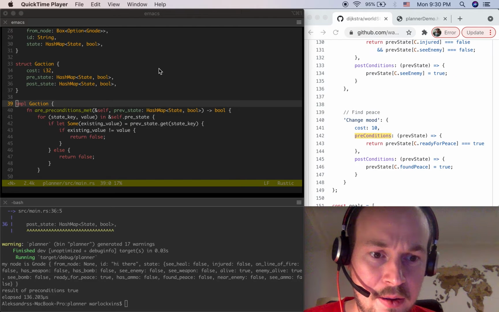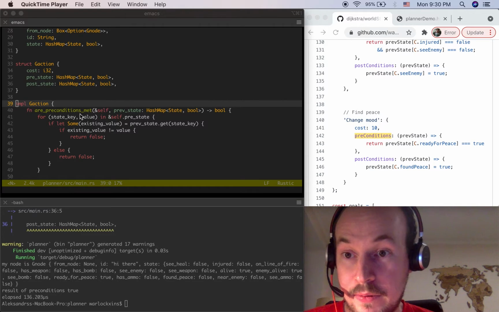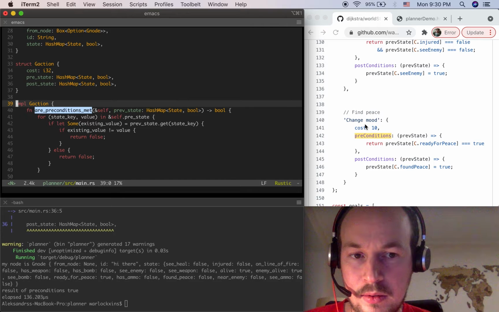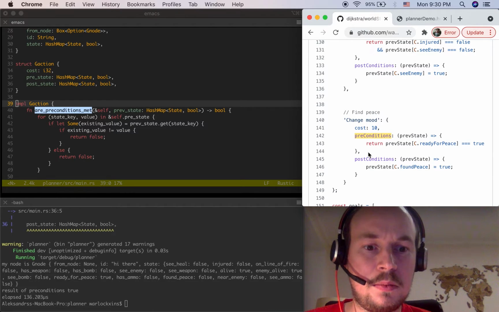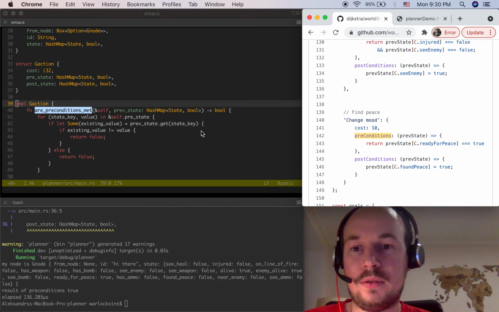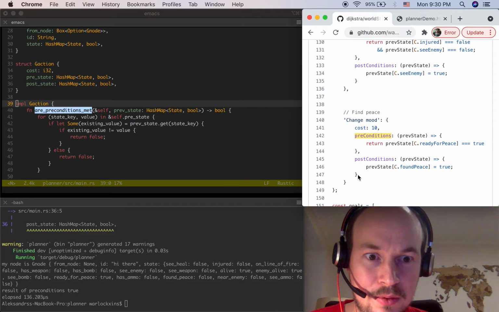So, last time, in the second episode of GOAP implementation, I finished the precondition check. So, again, I am trying to recreate my existing JavaScript code one to one, almost exactly, in Rust, and now it feels natural to